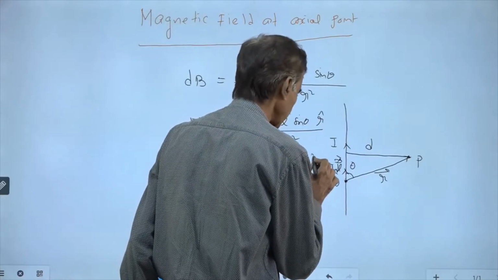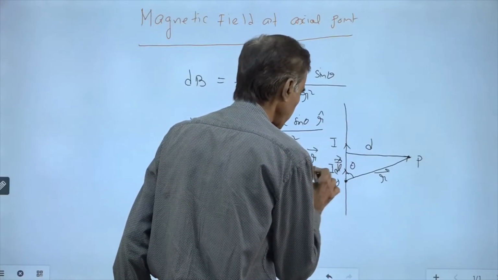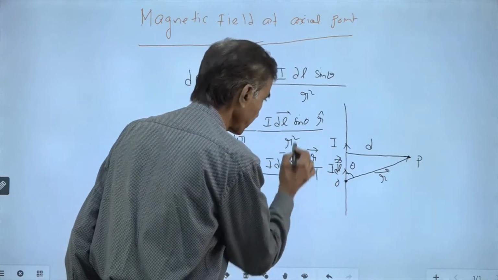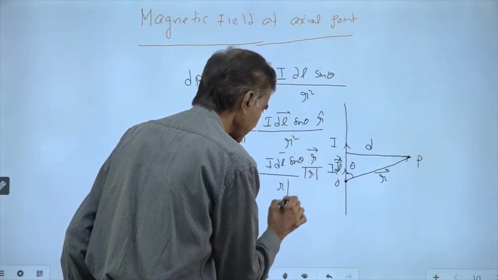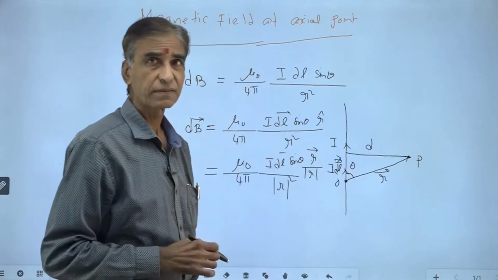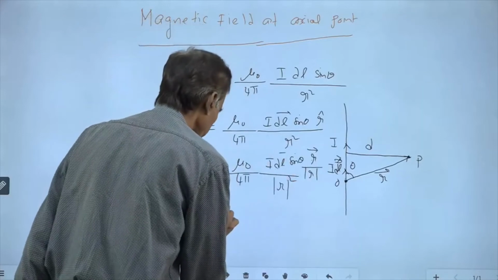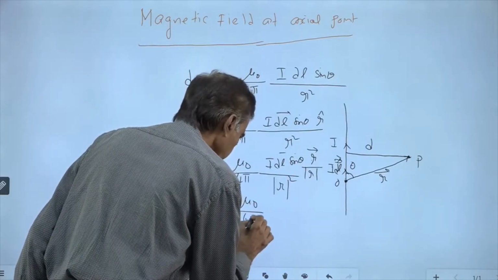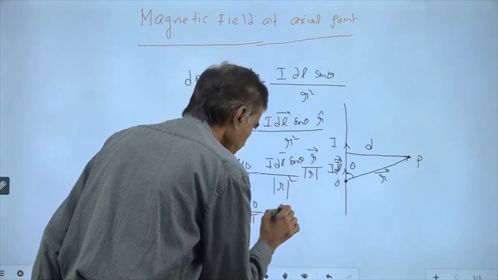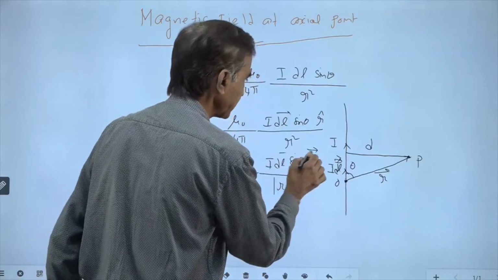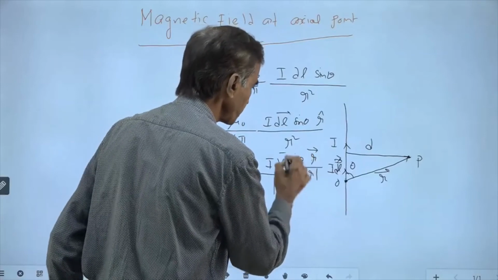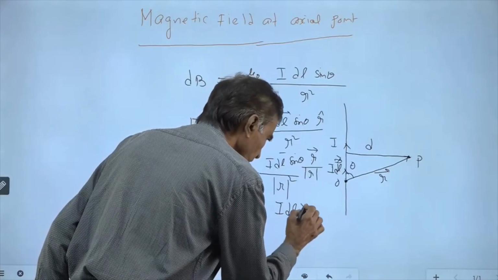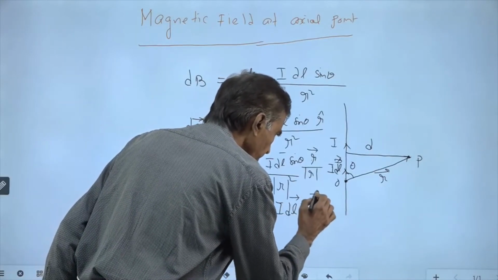Therefore, I can write R vector by magnitude of R vector, divided by R, which is also the magnitude of the R vector. So when it comes to this form, it will be mu naught by 4 pi into I dl sine theta, and so this we can write now as I dl cross R vector divided